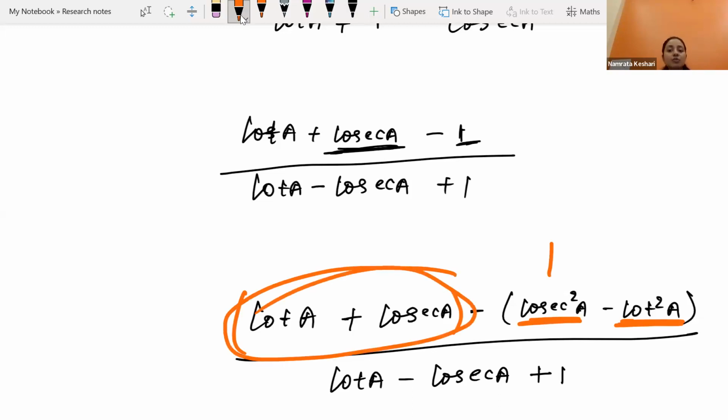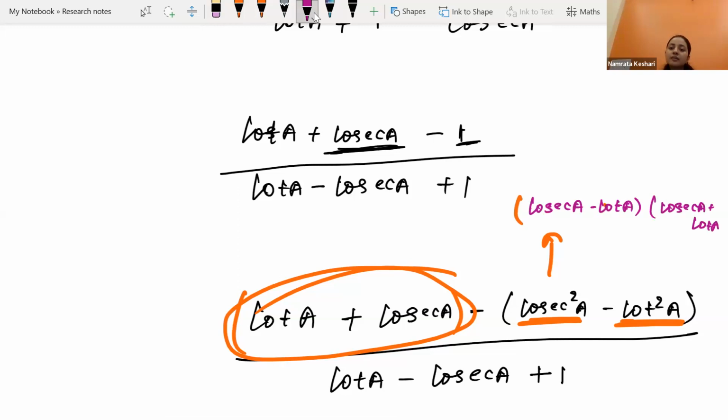If from there also we generate cot A plus cosec A, cot A minus cosec A, then we can take it out as a common factor. Am I making sense to all of you? Yes. Here we will be able to write cosec A minus cot A and cosec A plus cot A,